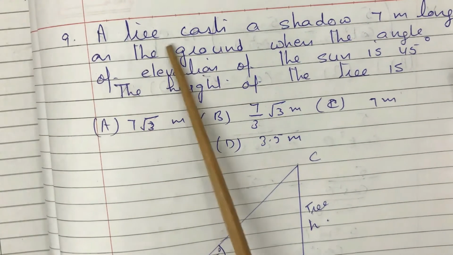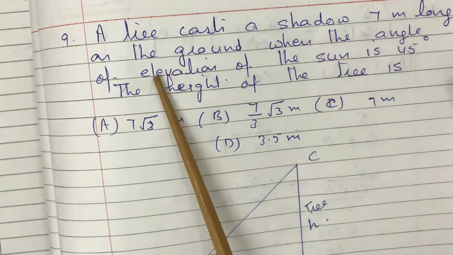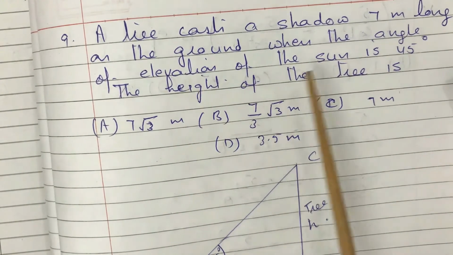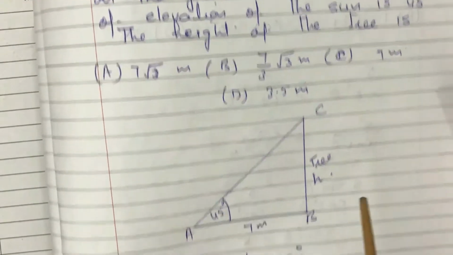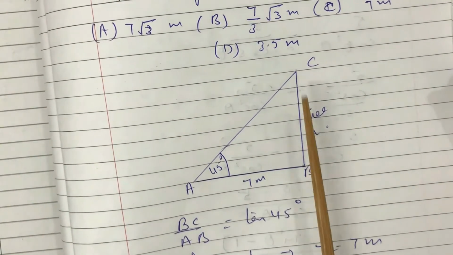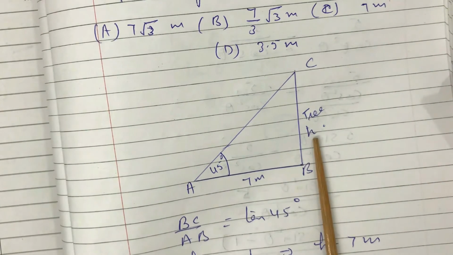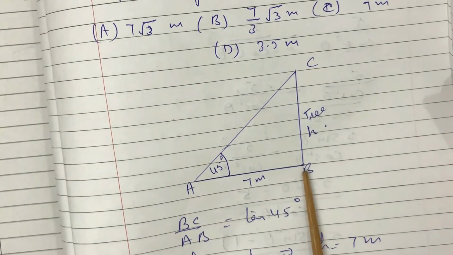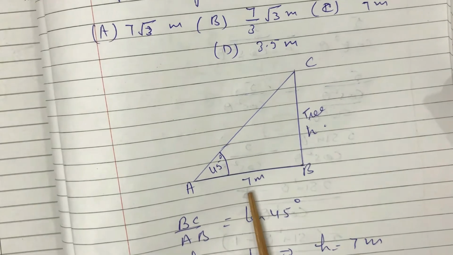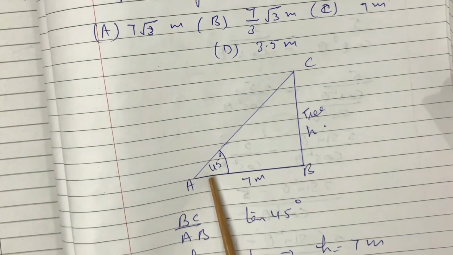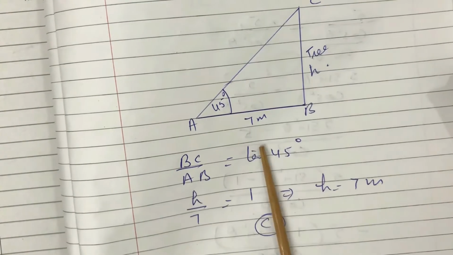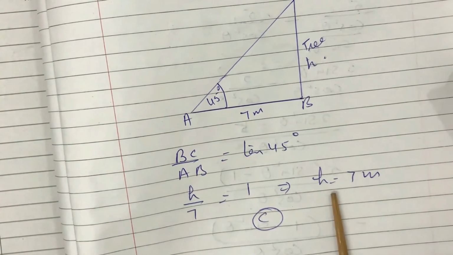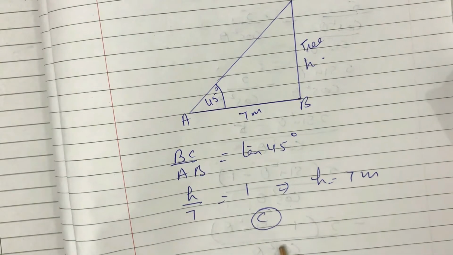So 9th question. A tree casts a shadow 7 meters long on the ground when the angle of elevation of the sun is 45 degree. The height of the tree is. There are 4 options. Now I have made this figure. Let BC is the tree. Let its height is h meter. And AB is the length of the shadow. It's given 7 meter. And this angle is 45 degree. I am to find this height. So h upon 7 is equal to tan 45 degree. So h is equal to 7 meter. So C is the